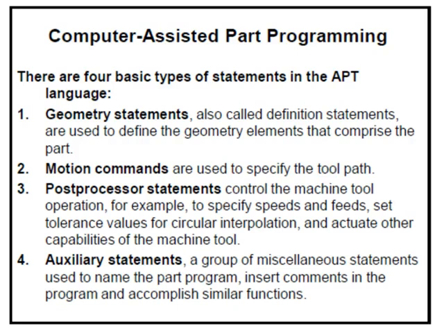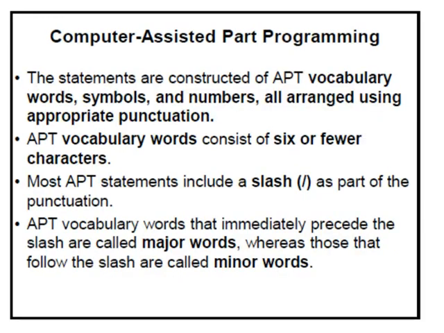Second one is a motion command, that is used to specify the tool path. Third one is a post-processor statement, that is used to control the machine tool operation, for example to specify the speed, feed, tolerance, etc. Fourth one is an auxiliary statement. It is also called a miscellaneous statement, that is used to name the part program, insert comments in the program, and accomplish similar functions. Most APT statements include a slash as part of the punctuation. APT vocabulary words that immediately precede the slash are called major words, whereas those that follow the slash are called